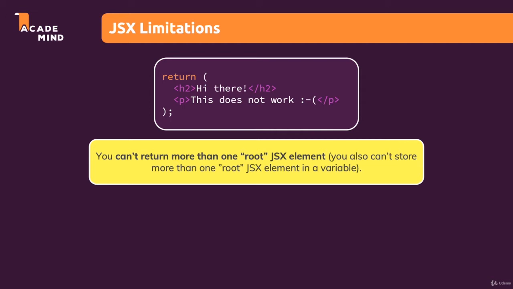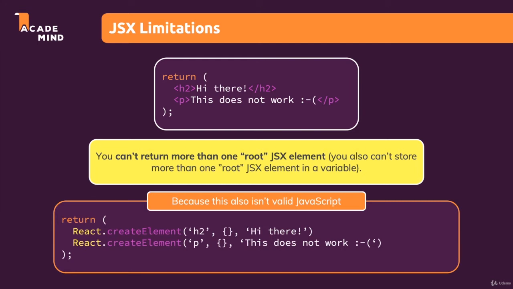And the reason for that is actually not that difficult to understand, because this also isn't valid JavaScript. You can't return more than one thing in JavaScript either. You can return one number, not two. You can return one string, not two. Of course, you could return an array, and there you could have multiple numbers, but an array is already a new value. An array is just an object, so you still only return one array, one object, not two arrays at the same time. Right? So that is really important to understand here.